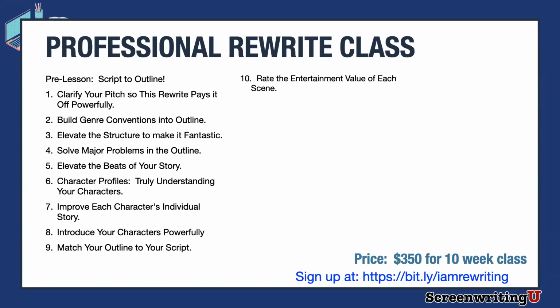And now for the second half, we're going to take this outline that is now about 100 to 200% better, and we're going to go back to the script and now do some things that will take it to a whole new level. First thing, you will look to rate the entertainment value of every scene. This is something that's like breakthrough stuff for many people. It's like the scenes that you've spent a lot of time on, that you've really worked on, on a 1 to 10 scale, they may have an entertainment value of an 8, 9, or 10, right? They may be absolutely amazing. But what about the others?